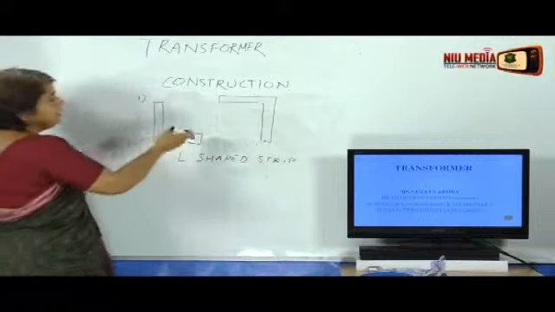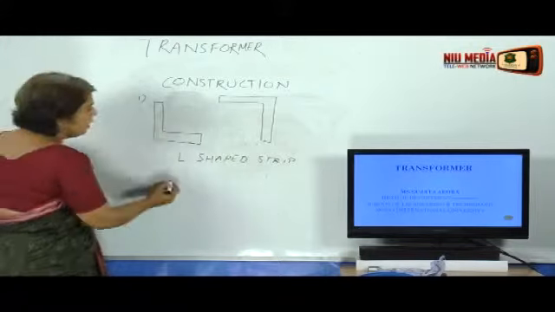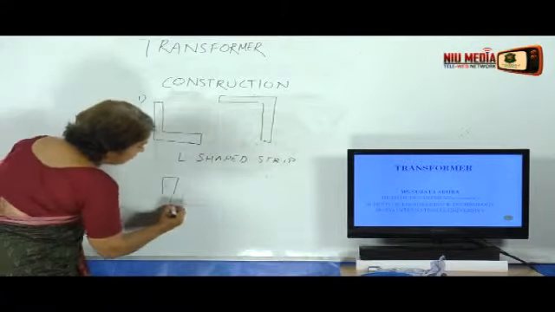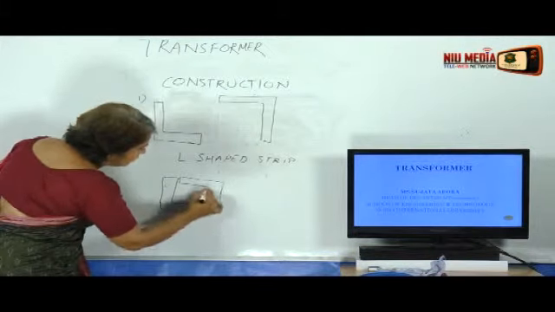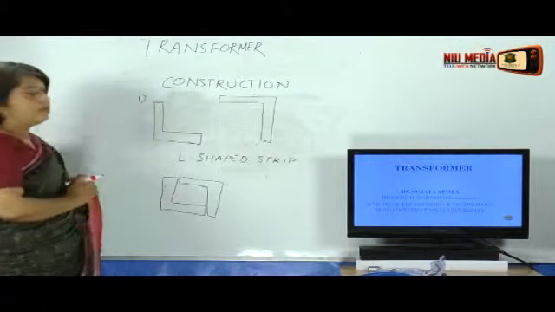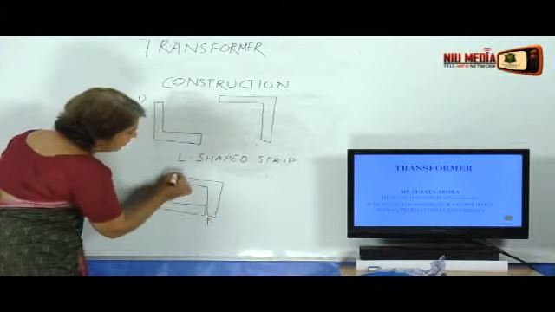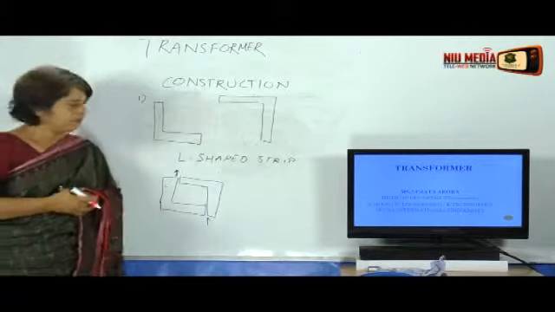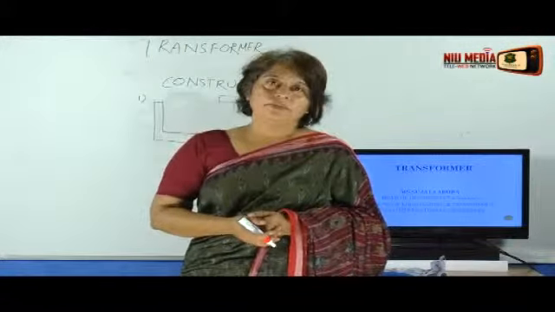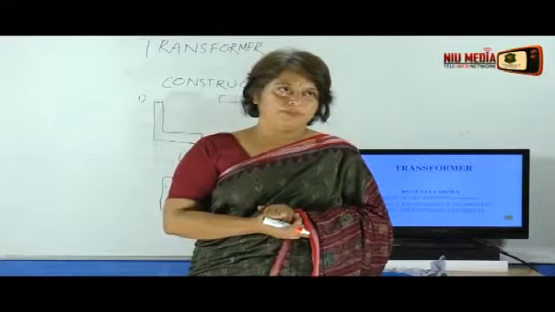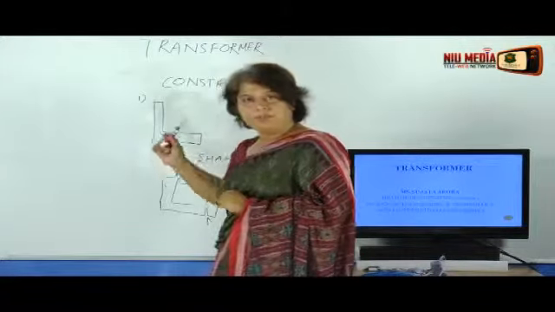You can see that these are two oppositely joined L-shaped strips. Here, how are they placed? They are placed like this. Here there is one joint and here also one joint. The question is, why can we not cut the direct rectangular sheet? Why do we use and cut these L-shaped strips?